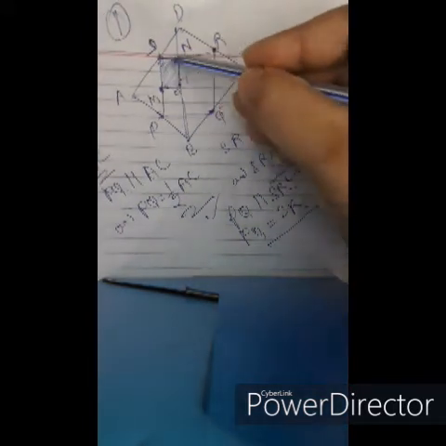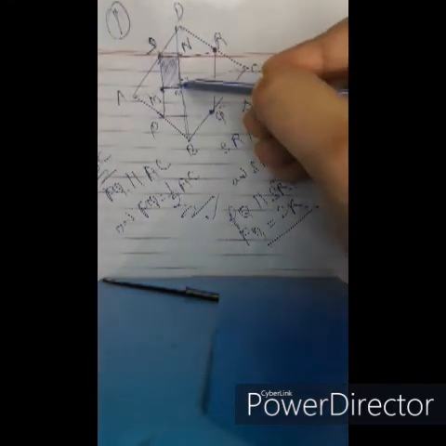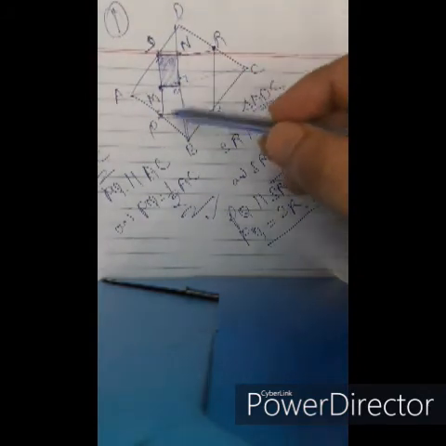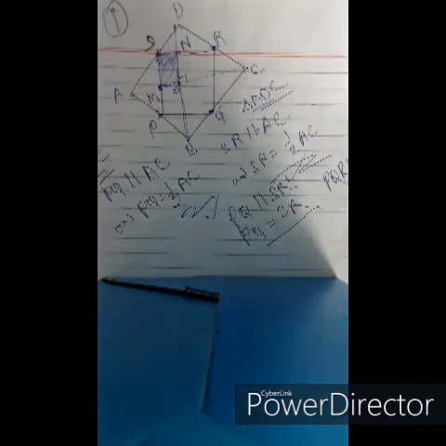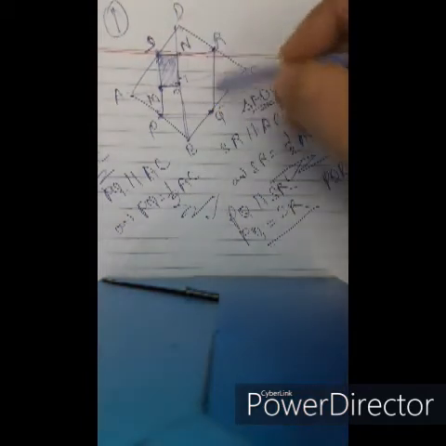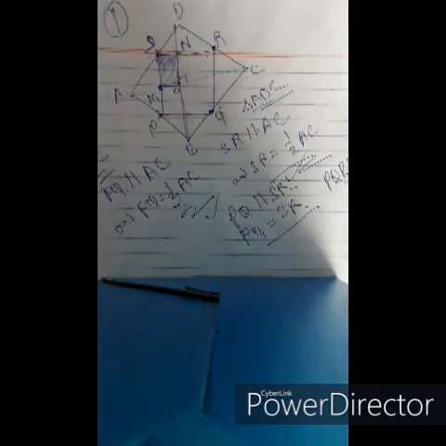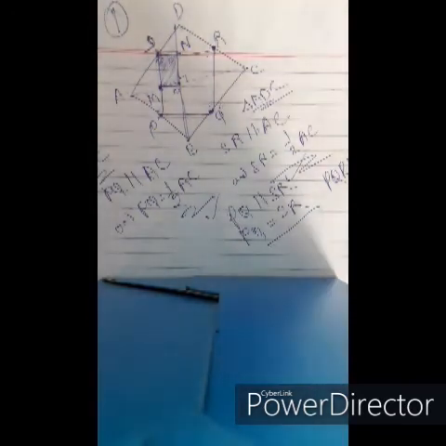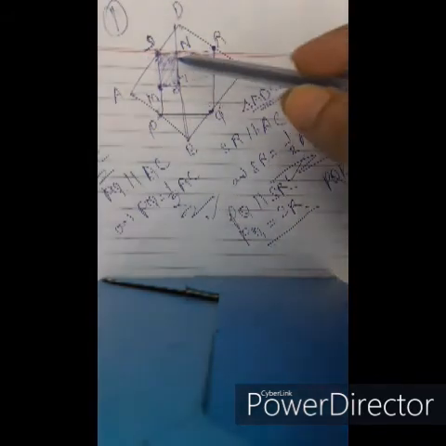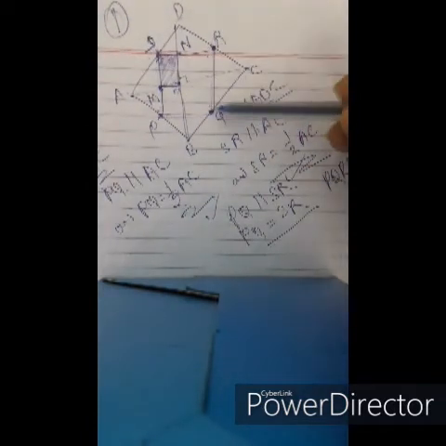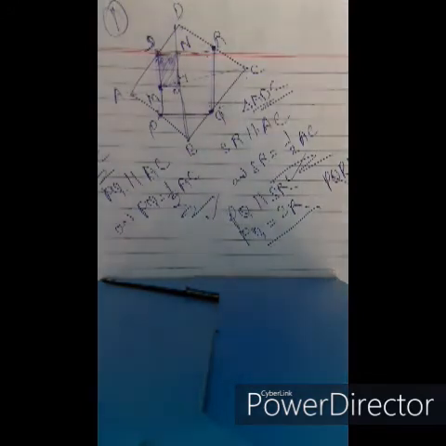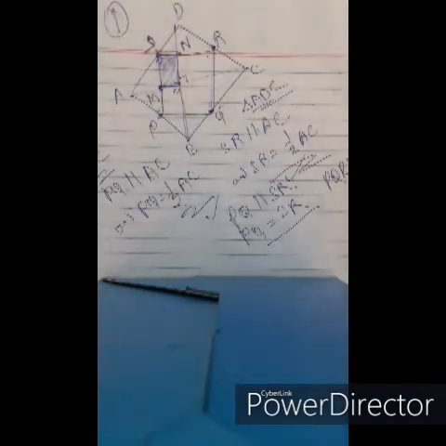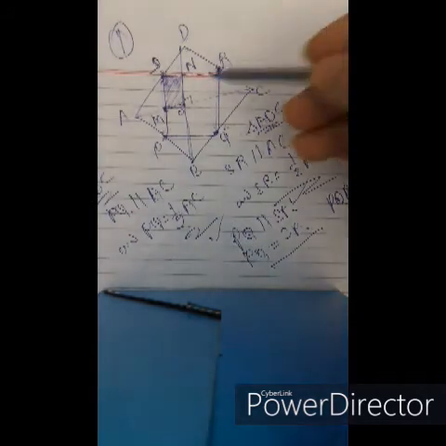We know that SN is parallel to MO and MS parallel to NO. Since PQRS is a parallelogram, PS is parallel to RQ, so now we have shaded this region MONS.